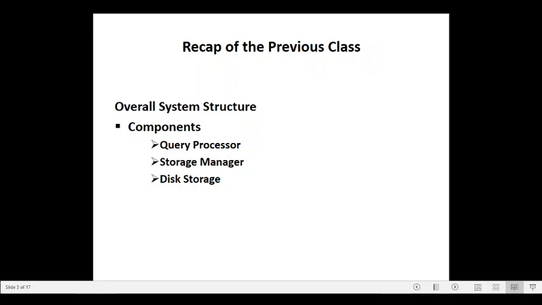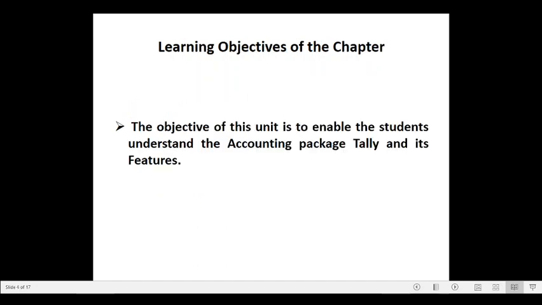Coming on to the disk storage, we understood the data files which stores the database and data dictionary, indices, and statistical data.